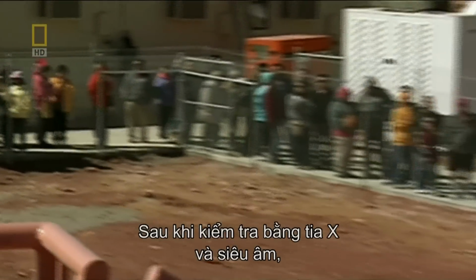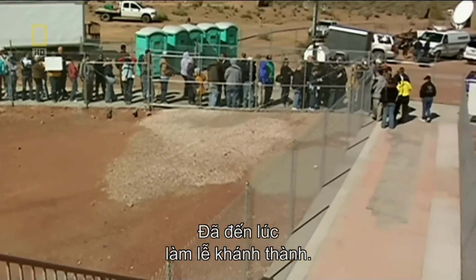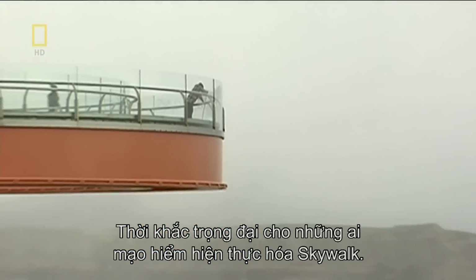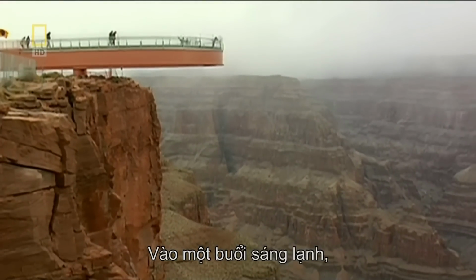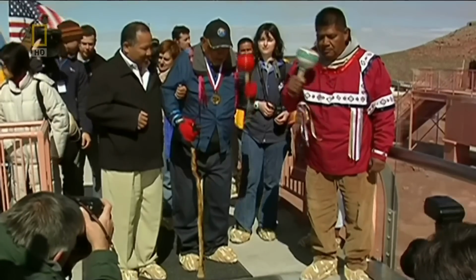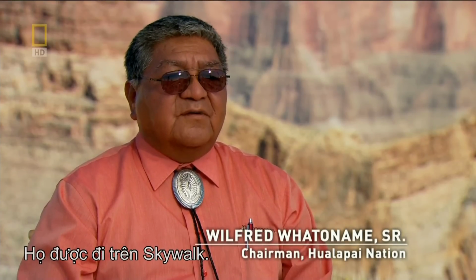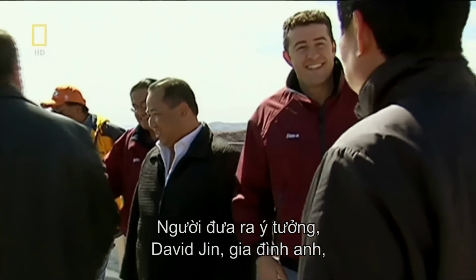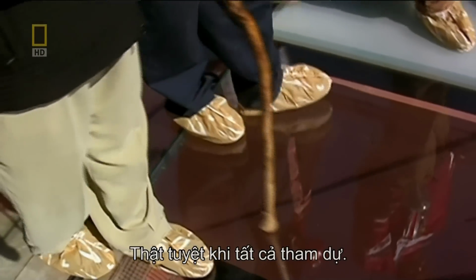After extensive testing with X-rays and ultrasound ensures that the structure is firmly tied to its foundation, it's time for the opening ceremonies. It's the moment of truth for everyone who has risked making Skywalk a reality. They begin on a chilly morning with a blessing from the Wallapai spiritual leader. All the tribal people came out. They were allowed to go on the Skywalk, and the man that had the idea to put the Skywalk here, David Jin and his family, and all the tribal members were here, and it was just very spectacular to have